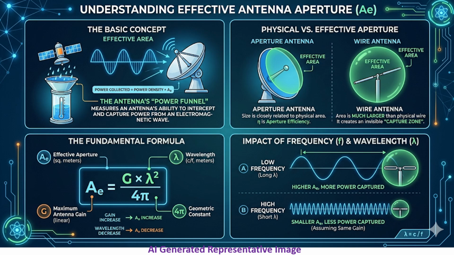Effective antenna aperture, often called effective area and denoted as A_E, is a measure of how successfully an antenna captures radio frequency energy from a passing electromagnetic wave. Think of an antenna as a rain catcher in a storm. The larger the funnel's opening, the more water it collects. Similarly, the larger an antenna's effective aperture, the more RF power it can extract from an incoming signal and deliver